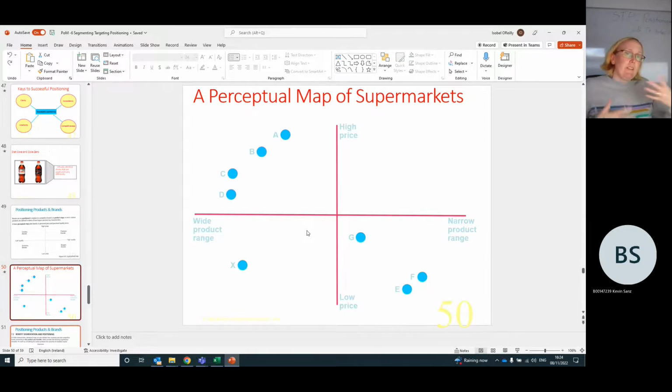Now, as I said, we can use this graph, a perceptual map, and we can put any characteristic we want on these axes. So if we were a supermarket chain wondering, should we go into country X? We analyze what kind of supermarkets they have already. We analyze the market based on, are they high price to low price on average for most products? And do they have a wide product range or a narrow product range? So there's a continuum here.